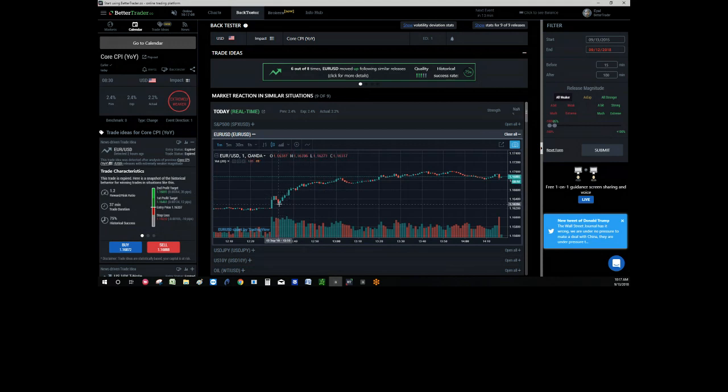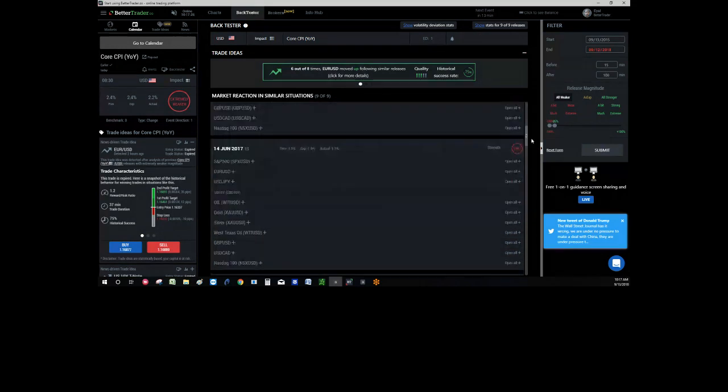So all this movement you can capture with this trade idea today too, because you have the ability to get a trade idea in real time, but it's not enough for professional traders. You want to see the charts. You want to see what's happened before you execute. You want to see what's happened in similar situations.